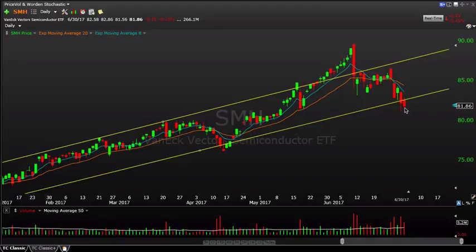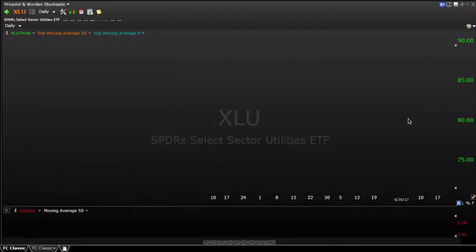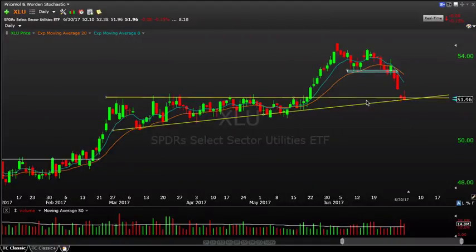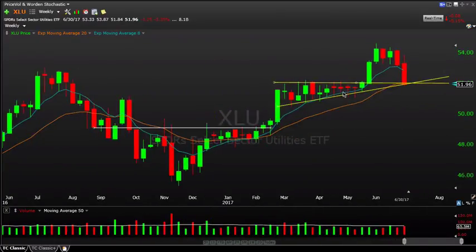But from a structural standpoint, again, we're just seeing better opportunities right now than SMH, XLU, which is continuing to be sold off here, which is utilities coming back into maybe this rising trend line. This past kind of breakout level from May. If we look at the weekly chart, getting a bit of a kind of a breakout test here, it'd be a reasonable spot for utilities to bounce. So keep that in mind if you want to play in this space, if that's not too boring for you.